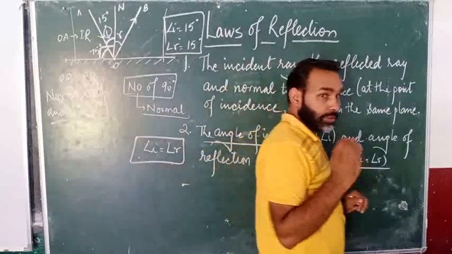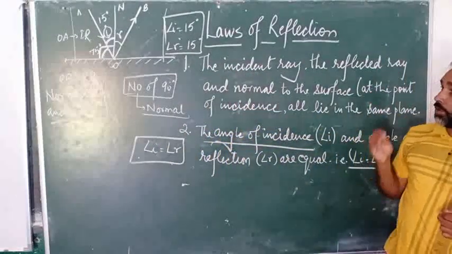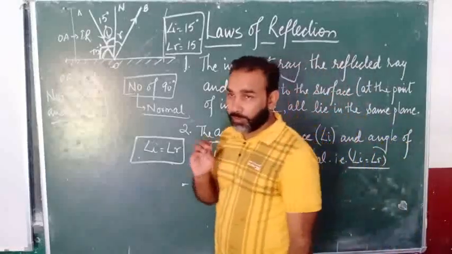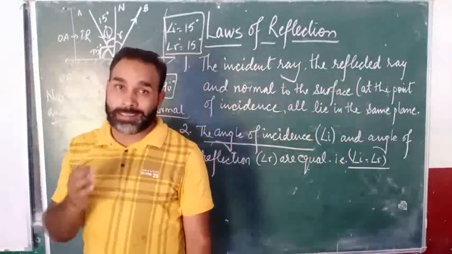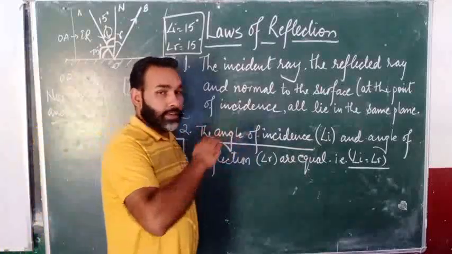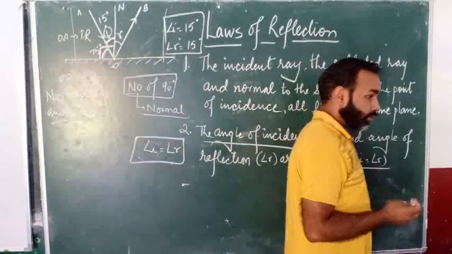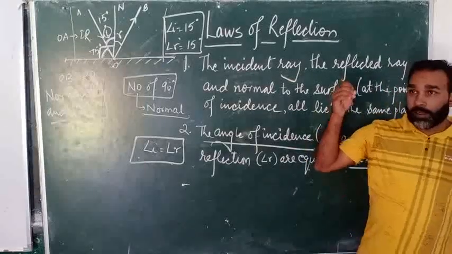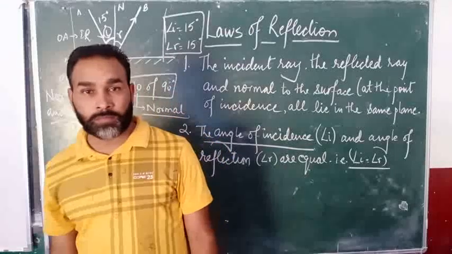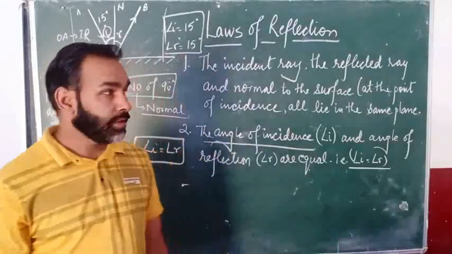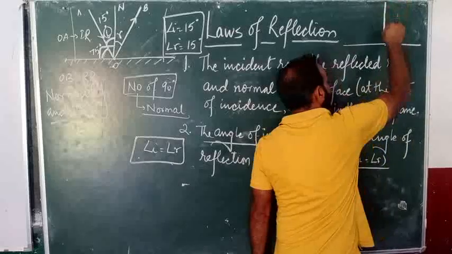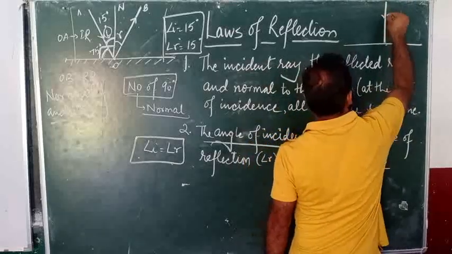ठीक है, तो ये चीज बहुत इंपॉर्टेंट है, आपको पता होना चाहिए कि एंगल ऑफ इंसिडेंस किस किस के बीच में बनना है। वो बनता है हमेशा नॉर्मल और इंसिडेंट रे के बीच में, रिफ्लेक्शन एंगल हमेशा नॉर्मल और रिफ्लेक्टेड रे के बीच में। ठीक है, अब क्वेश्चन आता है कि व्हेन अ रे ऑफ लाइट इंसिडेंट नॉर्मली टू द प्लेन सरफेस, अगर ये इंसिडेंट रे होती है,